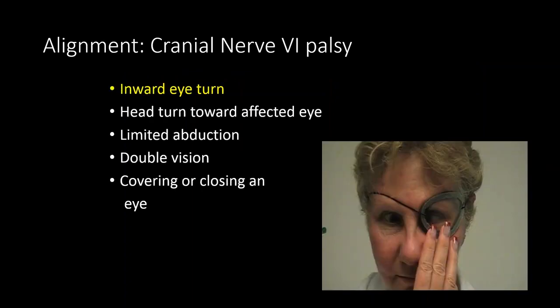And then cranial nerve 6 palsy involves an inward eye turn. It's when the lateral rectus is not engaged and allows the eye to float and rest in towards the nose. What you see with a cranial nerve 6 palsy is that a person won't be able to abduct or move their eye outward. Again, they'll complain of double vision and often cover or close an eye, and then they